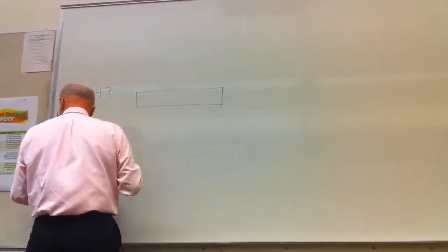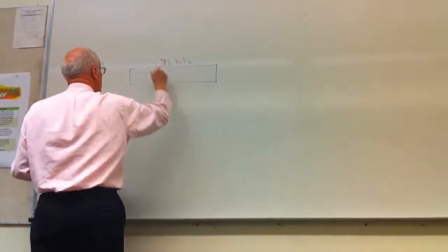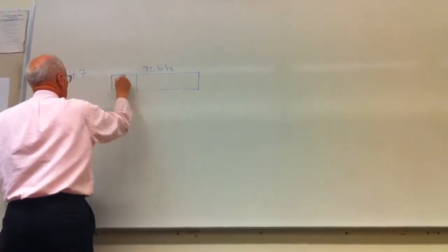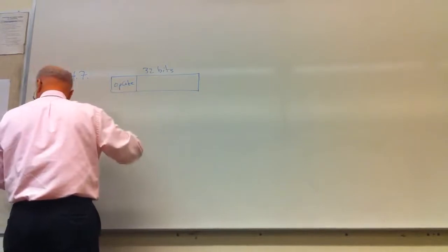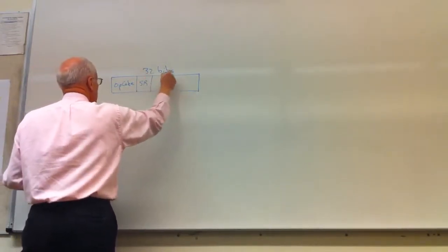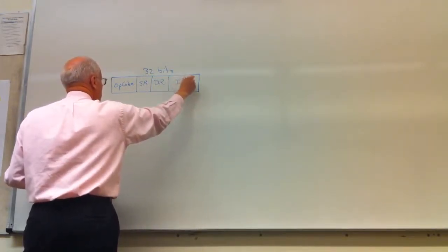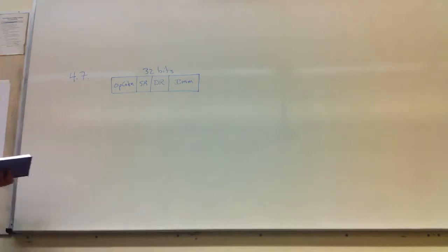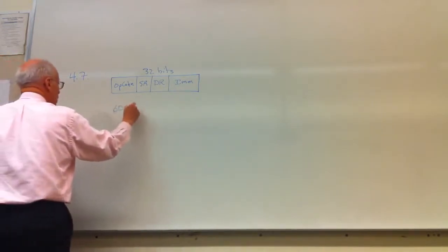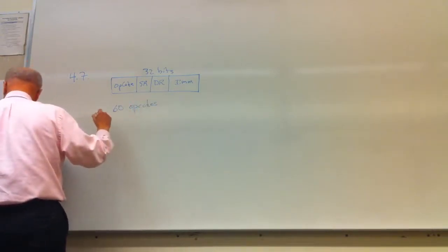We're going to have an instruction here that occupies 32 bits. We've got an opcode, a source register, a destination register, and an immediate operand. There are 60 opcodes, 32 registers,